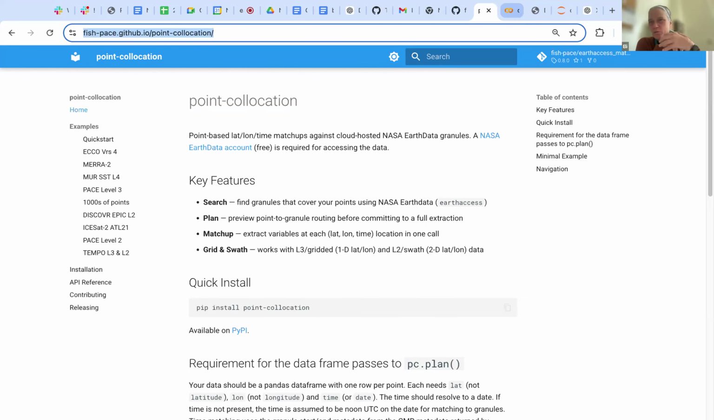So I'm going to give you all a demo of an xarray helper package that I wrote called point collocation. And the background to this is I've been running a lot of hack weeks the last 2 years, and